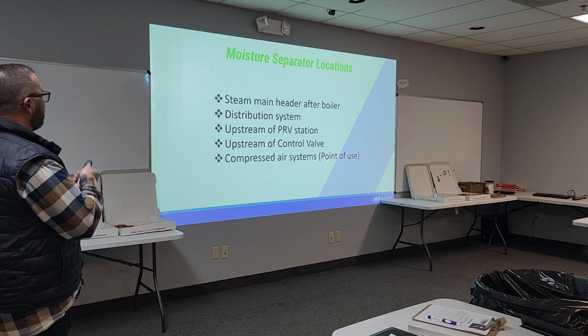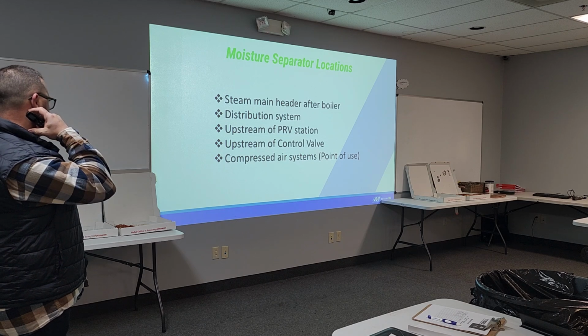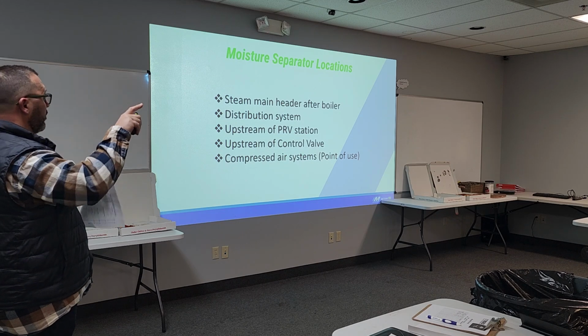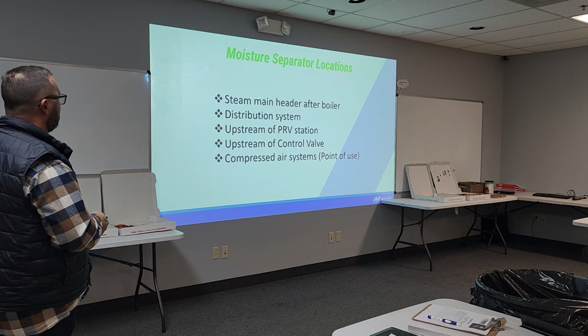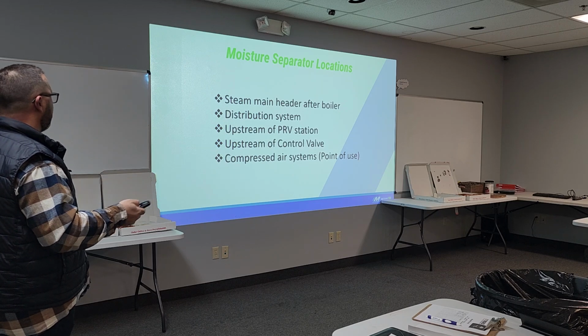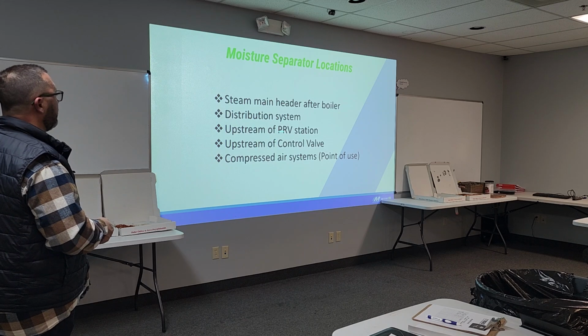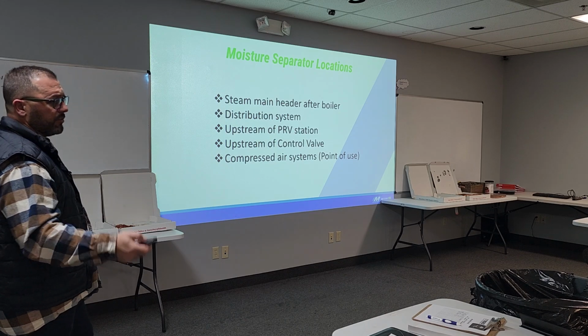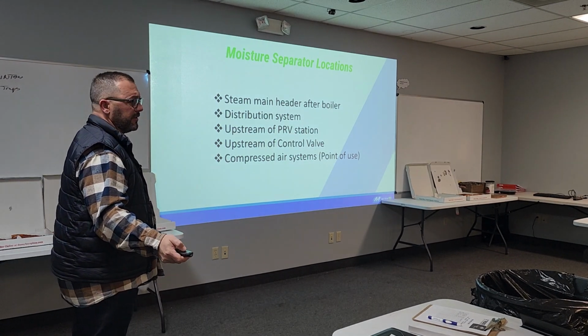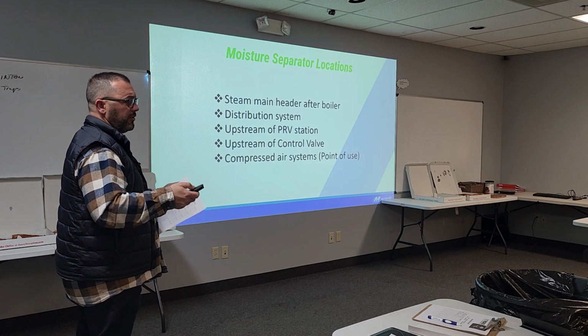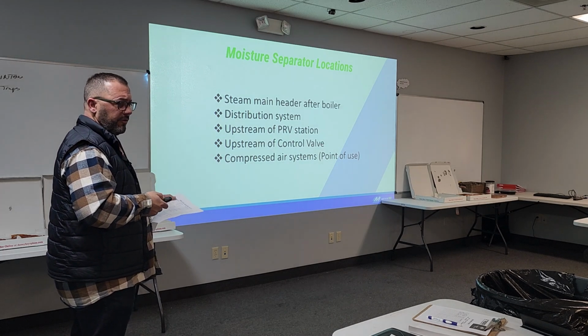Where we put these things is right coming off the boiler, in the header, especially when we may have a carryover situation. We put them in the distribution system. We put them upstream of all PRV stations. So when you install a PRV station, you put a 100 mesh strainer in front of it,